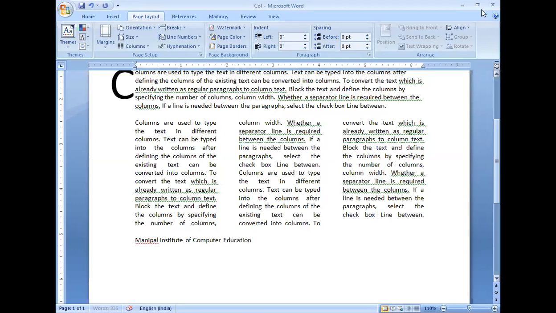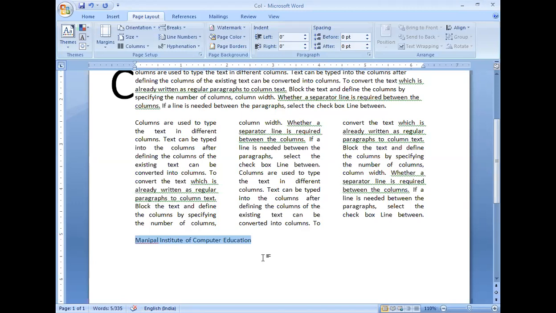Including the spaces, we have typed some 39 letters. Now I'll block the entire text. Whenever I want Manipal Institute of Computer Education, I'll give a short abbreviation for this, MICE. So when I type MICE, I have to get Manipal Institute of Computer Education.